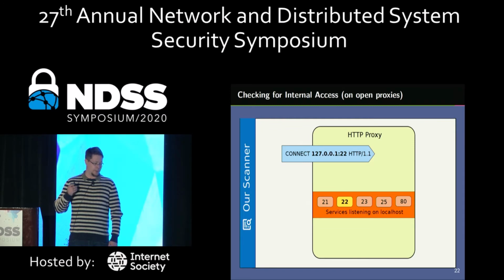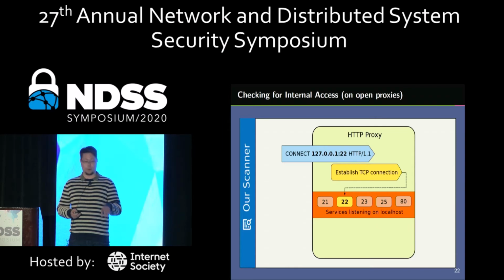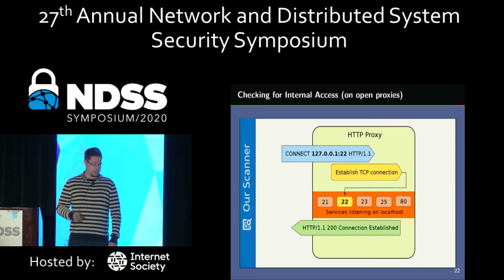In this case, we targeted the SSH port, or rather all of these ports, because they are banner-yielding, meaning that we simply need to connect to them in order to find out if they are returning something to us. And we complemented that with HTTP also. So in case the proxy is able to establish a TCP connection as requested, it should be returning 200, like a regular HTTP response.